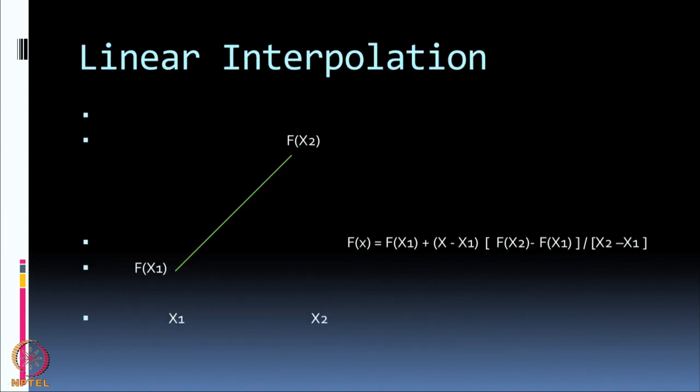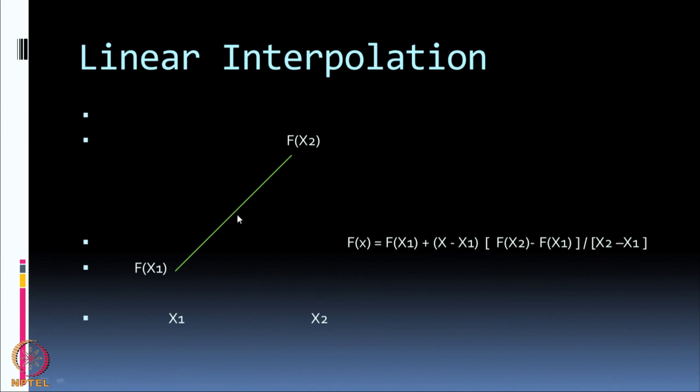Before I proceed, I want to define what a linear interpolation is. This particular slide demonstrates linear interpolation. x 1 and x 2 are the points on the x axis, and this line has values f x 1 at x equal to x 1 and f x 2 at x equal to x 2. Between these 2 points I do not have any data, and I want to interpolate using a straight line. That is, for all values between x 1 and x 2, I want to say that the function is a straight line, and I want values of f x at those points.